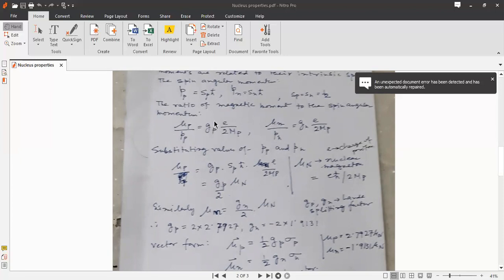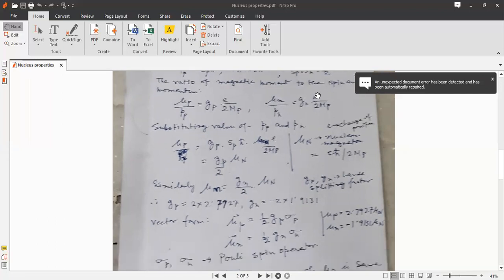If you get an idea of g_p, that is the Landé splitting factor, then we can have an idea about the energy states of the nucleus as a whole. So this is for the proton, and if we consider the neutron, we put it as g_n. Let the ratio of the magnetic moment for the neutron and the spin angular momentum be g_n e ħ by 2 m_p. So e ħ by 2 m_p is the nuclear magneton,